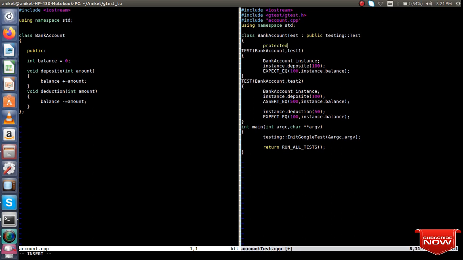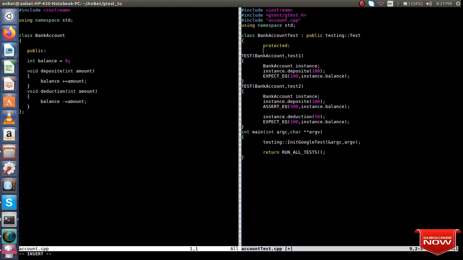Protected, it can be protected or public, but not private, because you are going to use a member of this class in order to access the variable or call the functions. So let me create a pointer here of class BankAccount.